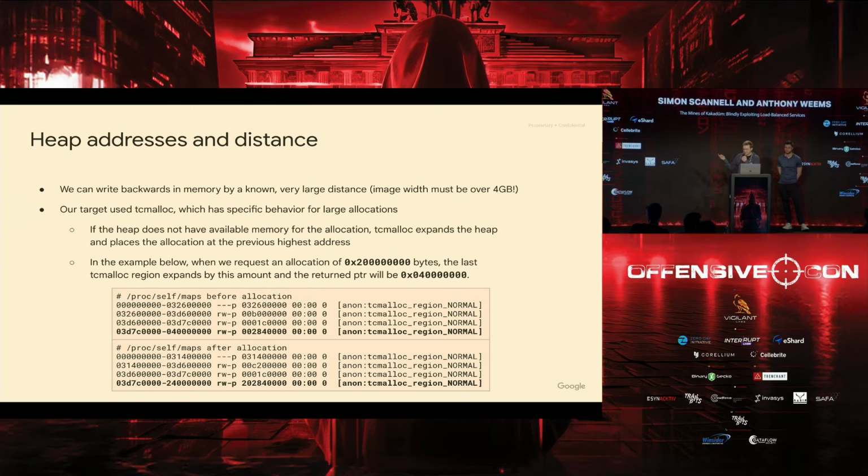And so what this looks like, we leaked proc_self_maps before and after the allocation, and you can see that the top of the heap before the allocation was this 04000 address, and then after, the address at the top of the heap is this 24000 because we requested an allocation of like 2 million bytes or whatever. And then the returned pointer is that 400 value that was the previous top of the heap. So if we were to leak proc_self_maps before the allocation, because our data is so big, we'll know exactly where it's allocated.